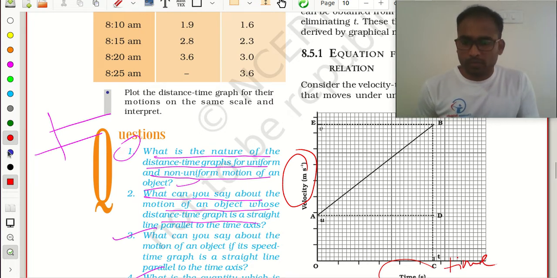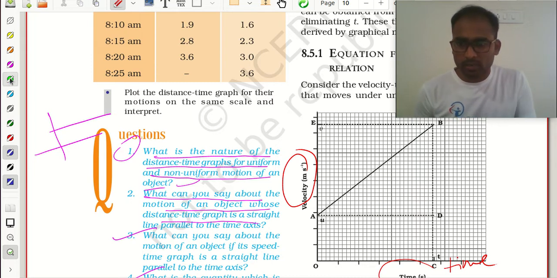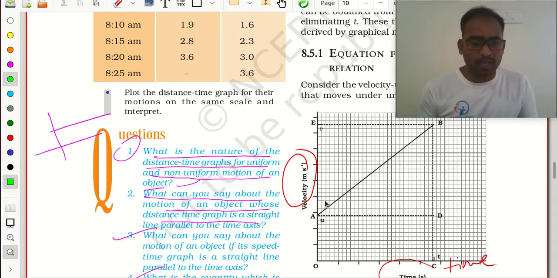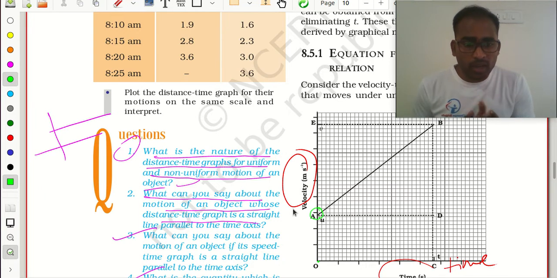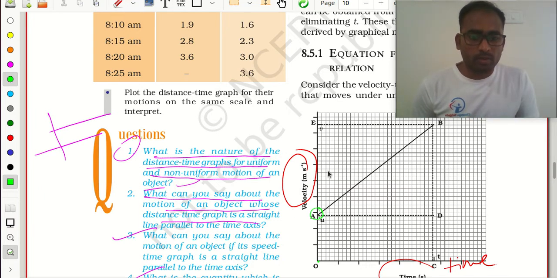And we are not considering our initial velocity as 0. If I start from here, my graph will be like this. Then in this way I will have 0 as my initial velocity. But I want to prove that equation, so I will take some initial velocity u, means from 0 to some u is my initial velocity. Here this is my initial velocity, and from here I am moving uniformly, so my graph will be like this.